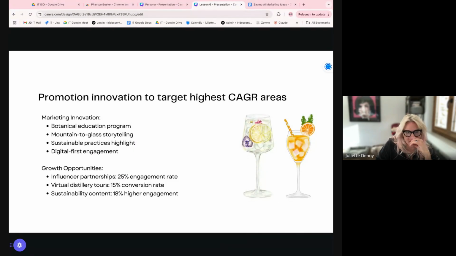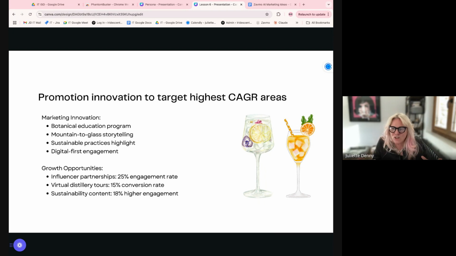And then finally we come on to promotion. Okay, so what we've learned going right from the very top is the growth in this market is coming from people's interest in Andorran culture, Andorran mountain spring water, Andorran love of flora and fauna. And the craft gin market is the area that's growing, right? This is a premium market. So what does that mean in terms of promotion, right? Now we know all of that. What does that mean to where we should be focusing our promotion innovation?